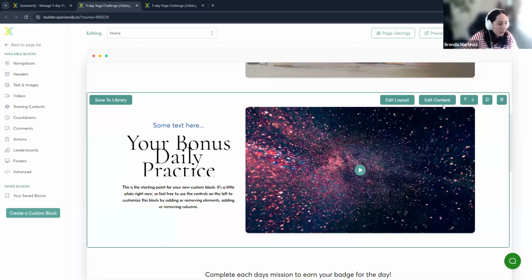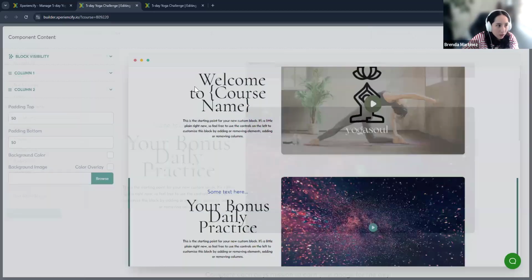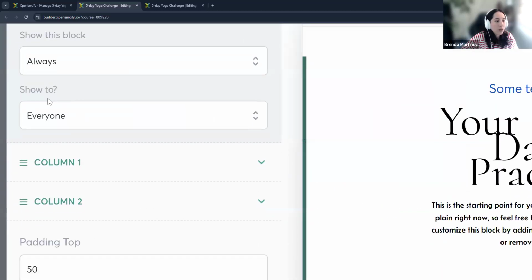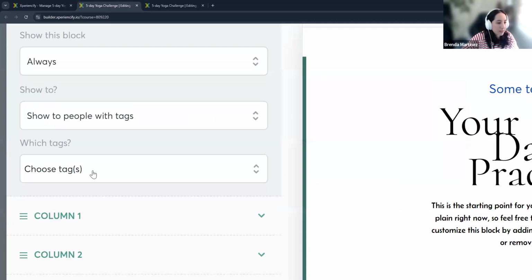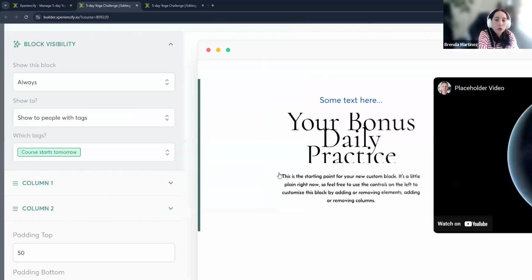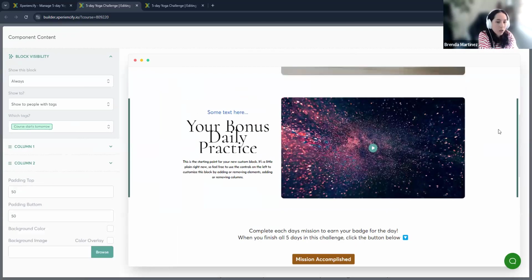But remember, how do you do that? Same steps as the expiring mini course. You click edit content, and in the block visibility, you change this to show to people with tags, and then you select the tag. Obviously, you need to create a new tag for those people who completed the bonus or the extra steps. You select the tag, and only people who complete your bonus actions will be able to see this block. So there's 2 ways. You can give them badges, you can give them free